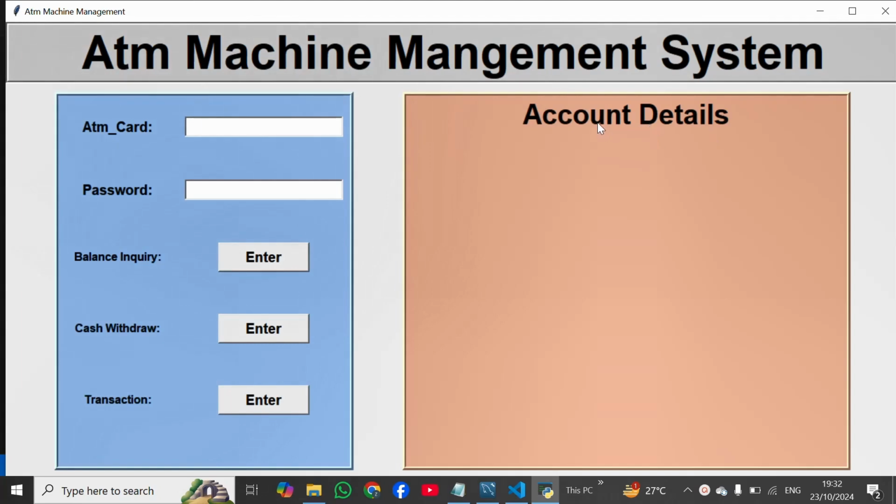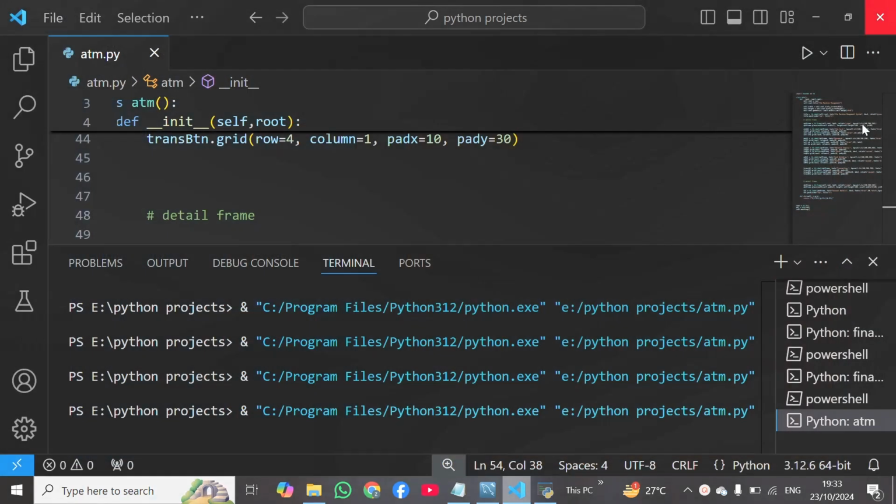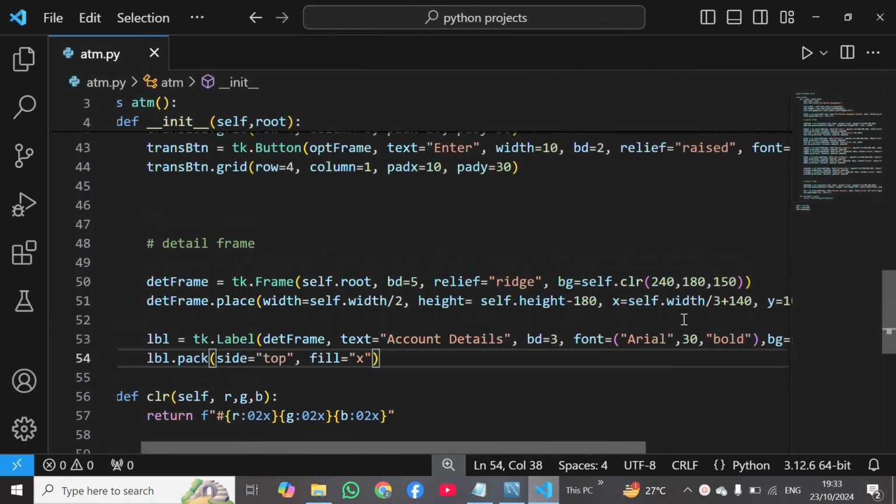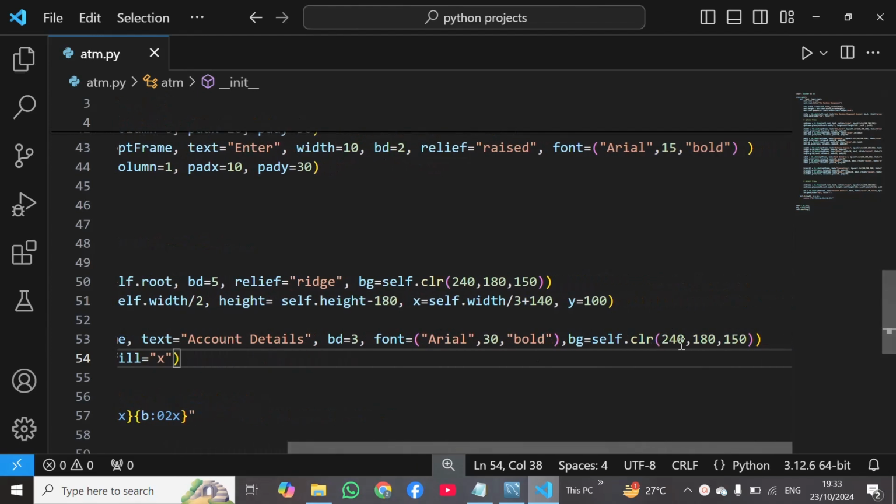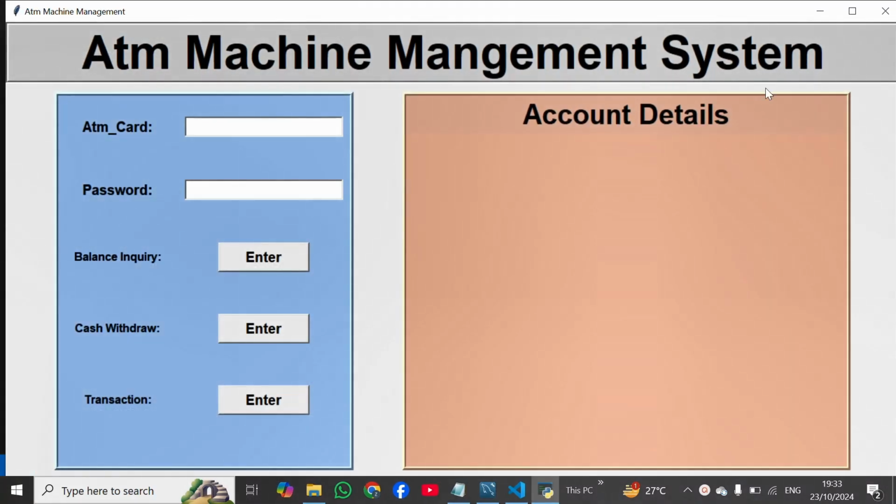Now this is our account details, but the border is missing. I think I am using the same background color, so that's why our border is missing. So I will close this. If you want to change color, for example, here I have defined the border. I will change the background color, so here I will use 230, and here I will use 155. Now I will save, and then I will execute, and now you can see